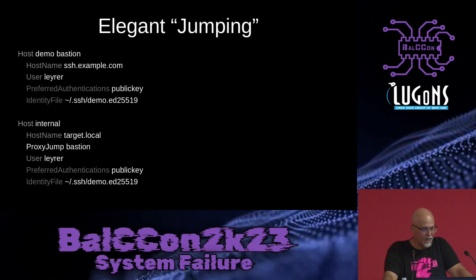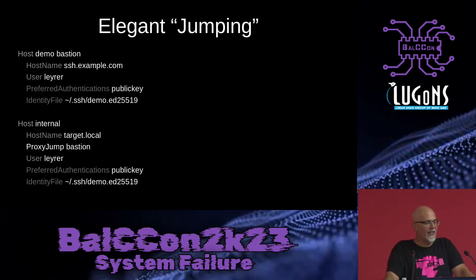So that's ssh example.com. And we have our internal server. And for that internal server, we have a host name, which is target.local, which is not available from the internet. We have a username, which is leyrer. We can also define a public-private key. We will do that in a second. And we can define a proxy jump